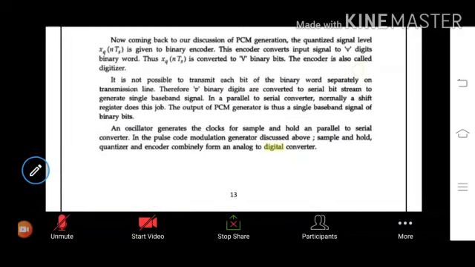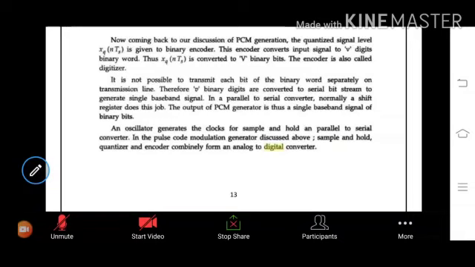PCM is a digital modulation system. Delta modulation and PCM both use digital modulation, while pulse amplitude and pulse width modulation are analog modulation. This is the difference between analog and digital modulation systems. Both are used to convert analog to digital, so the digital information can be transmitted over the transmission lines.